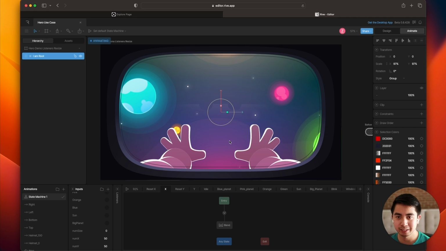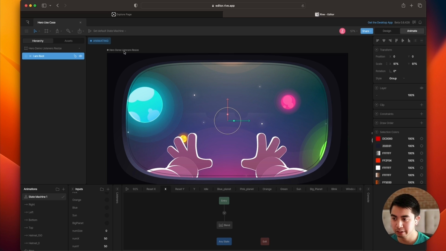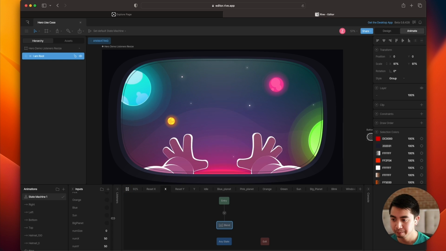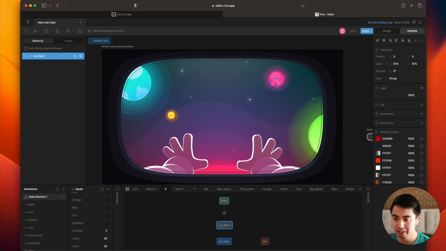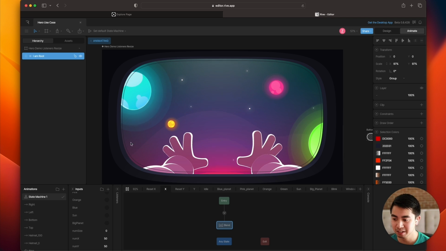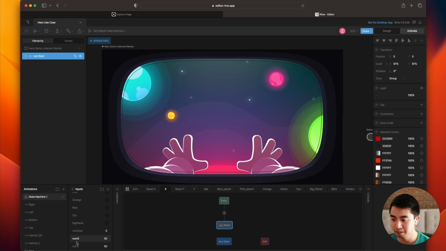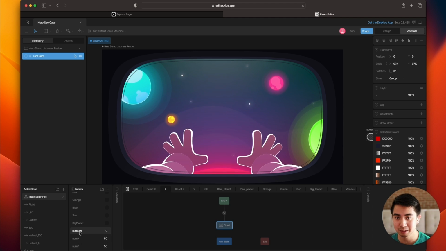So let's take a quick look at this Rive file and see what we're going to be working with. In this Rive file, you'll see that we're going to start with the hero demo listeners resize. And this is the artboard that's going to serve as the backdrop for our website. If we play the state machine, it's very similar to what we saw on the website. You can still interact with these via listeners, but the main three inputs that we're going to be controlling with code are the numx, numy, and numsize inputs. These are all number inputs.